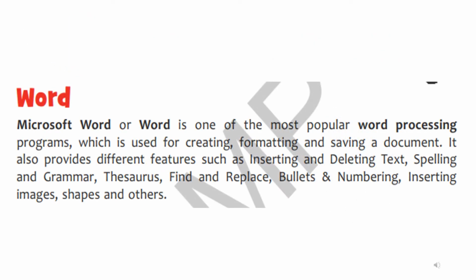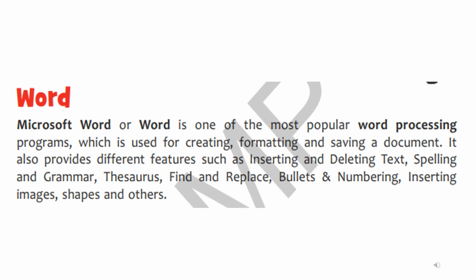Children, let us start our learning with Microsoft Word. So you know that Microsoft Word and Word is one and the same thing, and it is a popular word processing software that we can work with in words, letters and alphabets. In MS Word, we can create documents. We can also do the formatting. What do you understand by formatting? Formatting means we can make them attractive. We can enhance its look to attract the audience, and we can save those documents also.